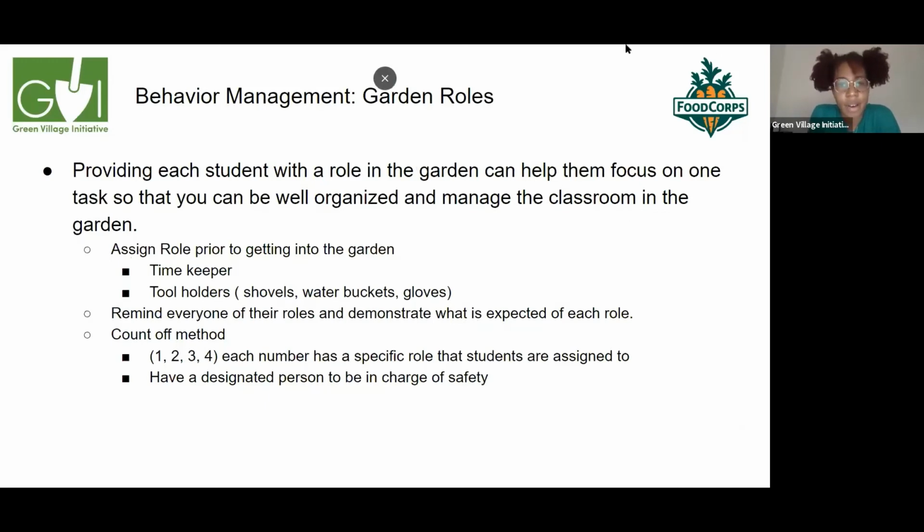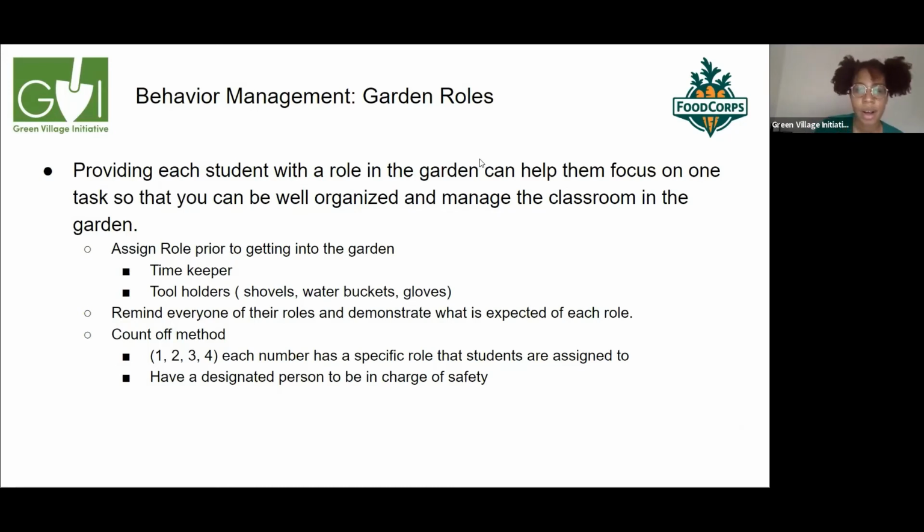Next, we have garden roles. And providing each student with a role in the garden can really help them focus on a task instead of multiple different tasks. So it'll help you just be more organized and be able to manage your students in the garden. For example, you can assign roles prior to getting outside in the garden. A couple of really great ones are timekeepers and tool holders. I find that when you have a